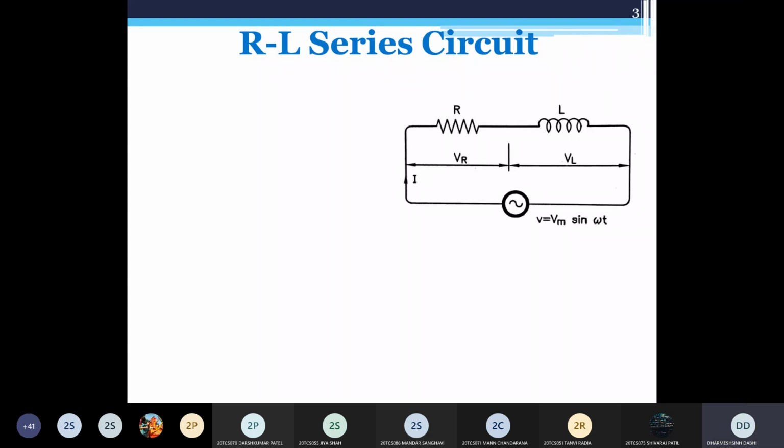So what is the relationship between voltage and current? Can anyone give me the answer? Sir, phase difference 90 degree. Phase difference 90 degree, no. It's a combination of R and L. It is not exactly 90 degree. Yes, there is a possibility that it is near to 90 degree, but not exactly 90 degree. 90 degree happens only when your circuit is purely inductive. Clear? But it's a combination of R and L. So what is the range of angle, or by how much angle does your current lead or lag the voltage?